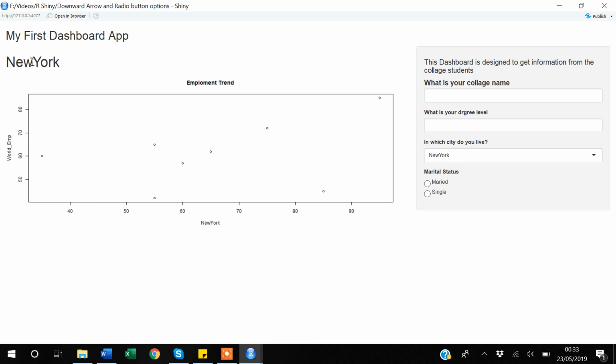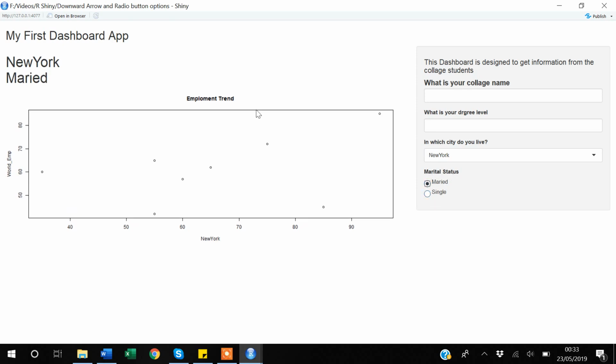The output here is now written down as New York. My axis has changed. And on the other side we have a radio button: what is your marital status? Saying married, so married got printed here. So here in this